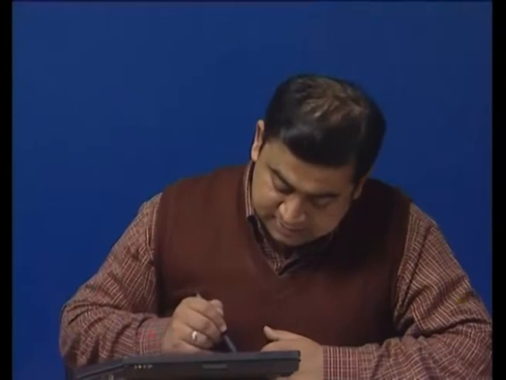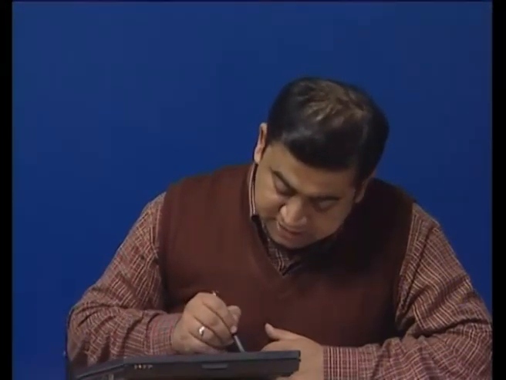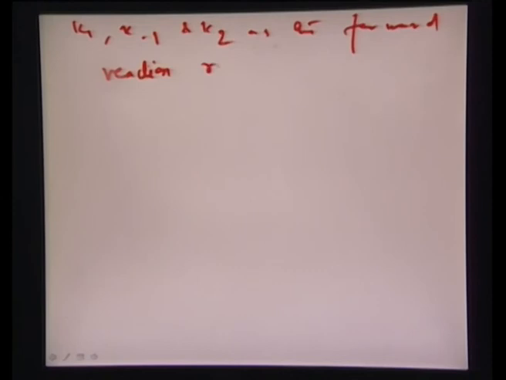All right. So let us look at some of these formulations here. Let me just write it down once again. So we have K1, K minus 1 and K2 as the forward reaction rate